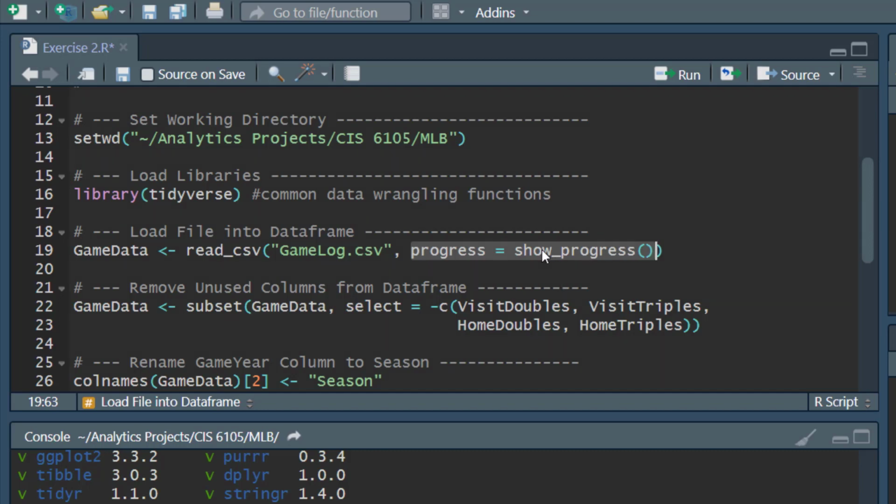So we're going to try this. It's going to go out to my working directory, MLB, and it's going to find the gamelog.csv file, and we can show that it's there. So we're looking for the gamelog.csv file. It's going to load this 7.8 megabyte file and put that into a data frame. All right, so Control Enter,